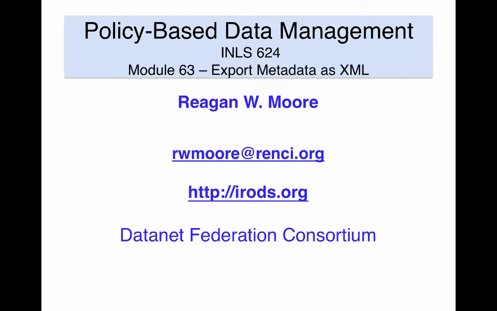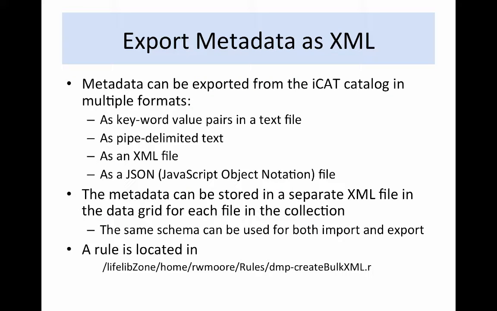The extraction of metadata from the digital library requires the choice of an appropriate format. Metadata can be exported from the iCAT catalog in multiple formats: as keyword value pairs in a text file, as pipe delimited text, as an XML file, or as a JSON (JavaScript Object Notation) file. The metadata file can be saved in the data grid as an independent source for the descriptive metadata for an